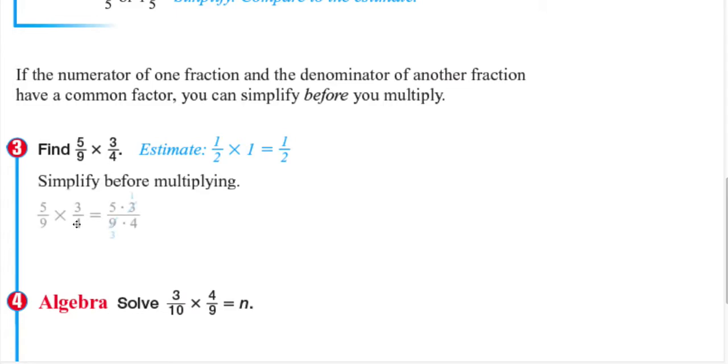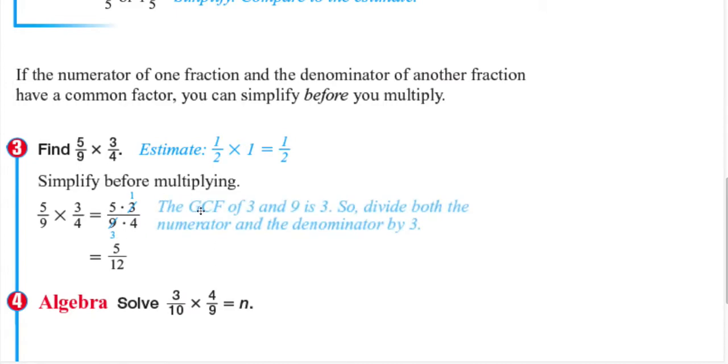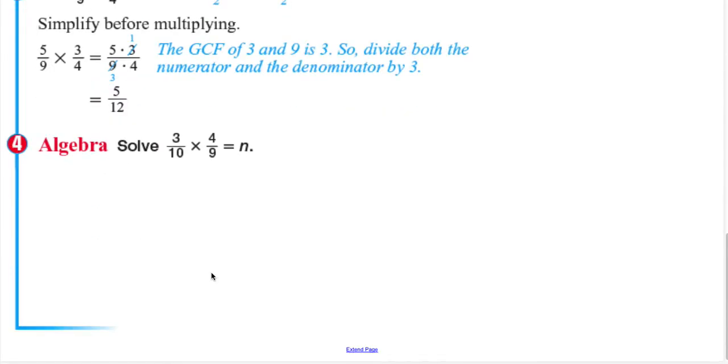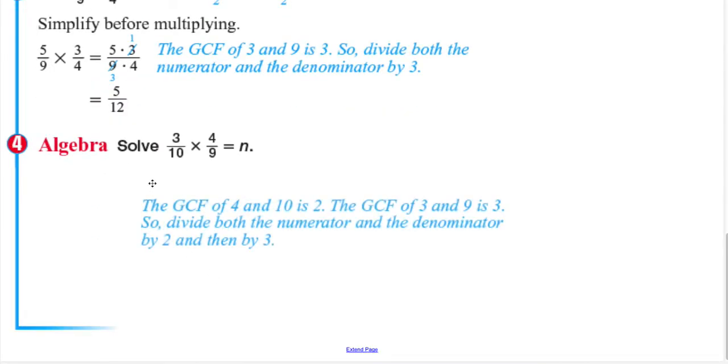So let's copy the problem. 5/9 times 3/4. And if you notice, 3 and 9 can cross cancel, meaning they have a GCF which is equal to 3, and divide both of them by 3. So 3 divided by 3 is 1. 9 divided by 3 is 3. So you simply multiply what's left. You have 5 times 1 equals 5, and 3 times 4 equals 12. If you notice, the GCF of 3 and 9 is 3, so we divided both the numerator and the denominator by 3. And finally, if we use this using algebra, okay,